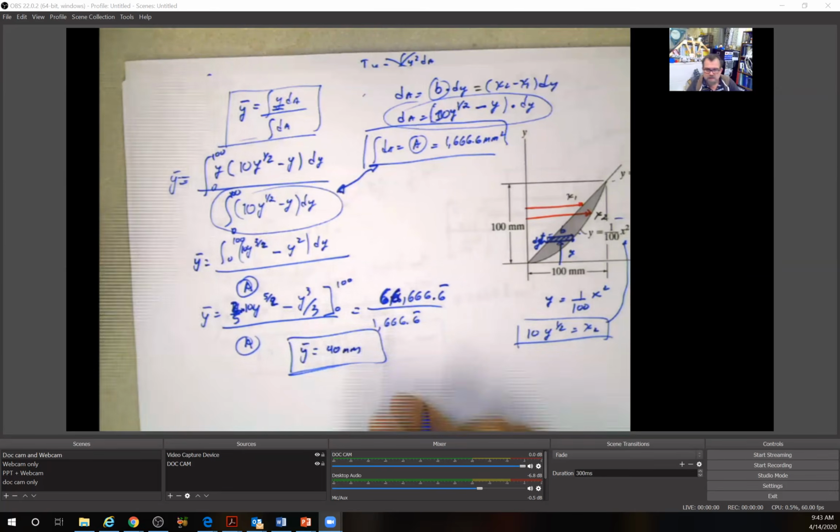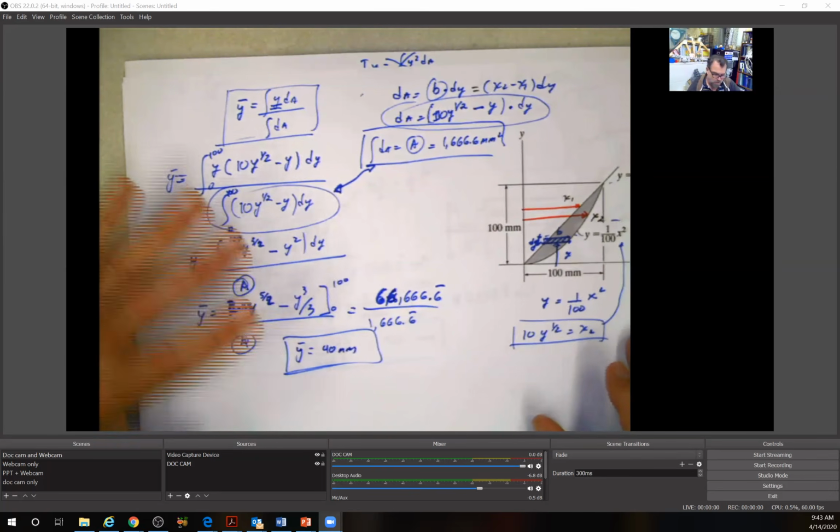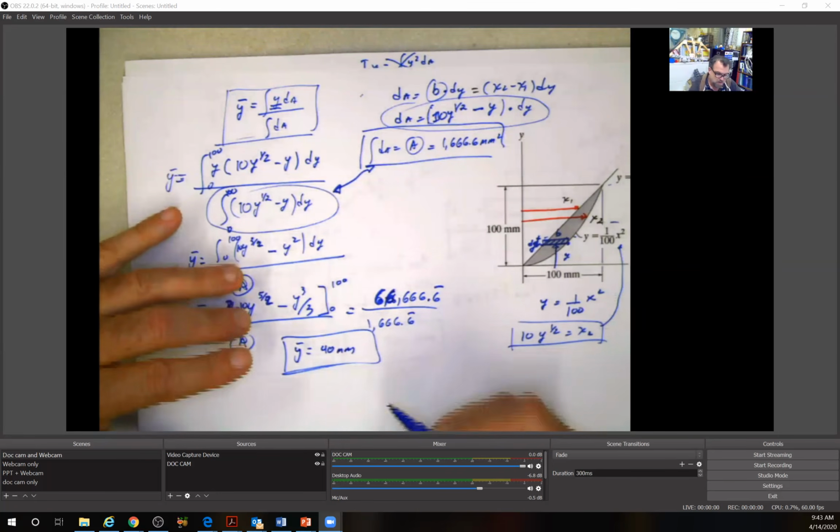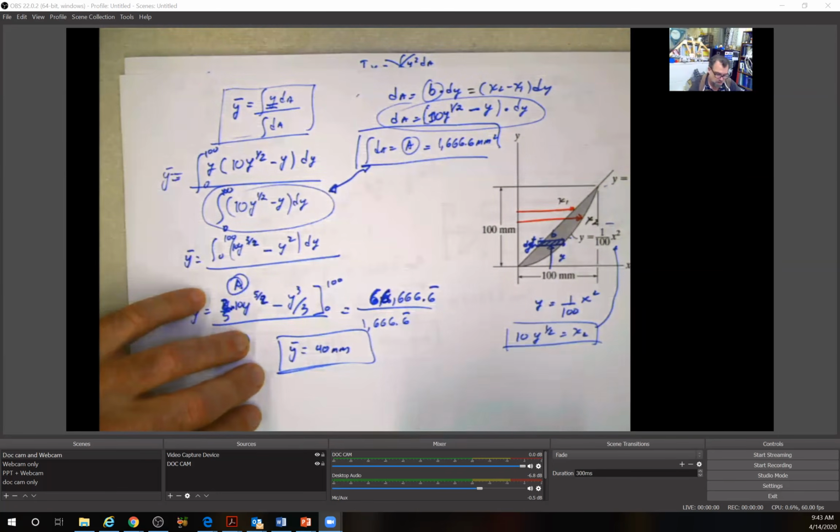Now, once you have this value, I also told you to go an extra step, and the extra step is to plot your results, because sometimes by plotting your results,